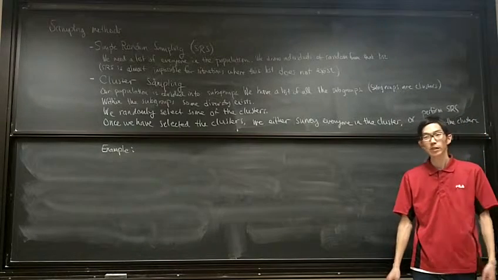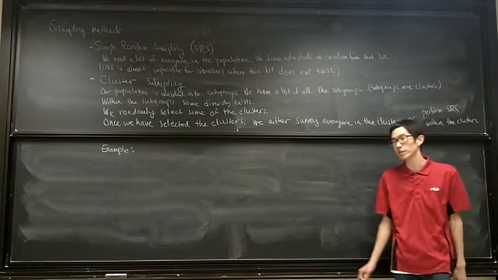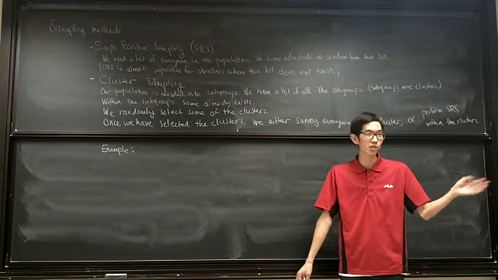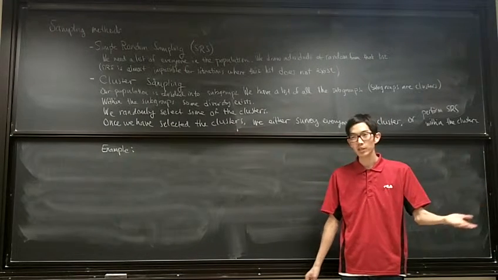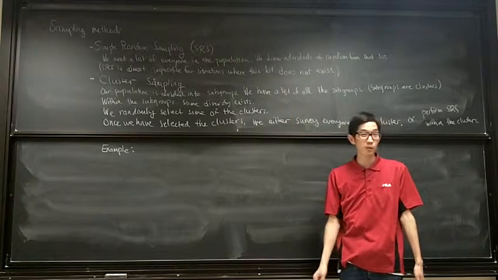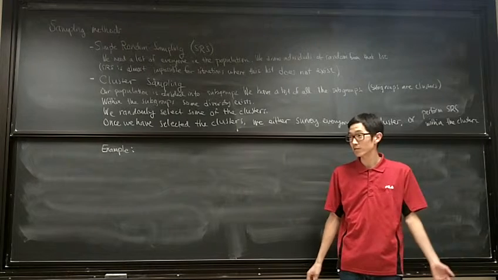Okay, that would be very difficult to do. Let's say we want to get a random sample of everyone who attends church in Los Angeles County. Okay, practically impossible. Why? Because simple random sampling requires a list of everyone that attends church, and we probably don't